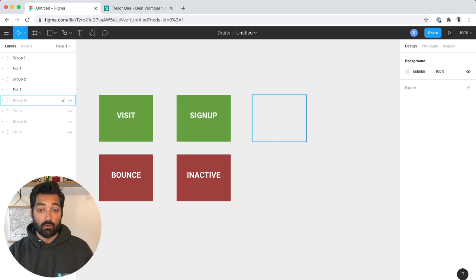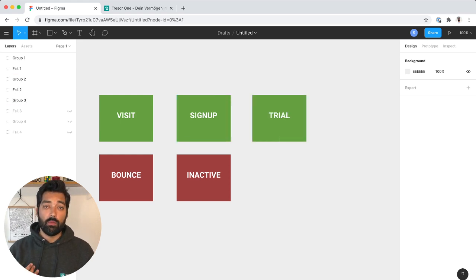The next phase, though, if the product is successful, if they sign up and they like what they see, they think it adds value, they become an active user. The next phase that at Tresor One they will go through is a trial. So they will basically sign up for the premium version, for the pro account that has a monthly cost, but they have a 7-day trial on Tresor One.